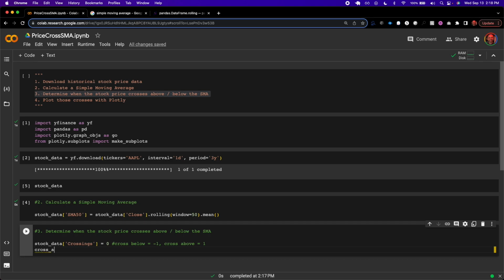We'll call one cross above indexes. Essentially we want to find all the indexes in the data frame where a cross above happens. And in order to do that, we're obviously going to have to look at the data. We're going to look at the close price, and we're going to say, okay, is the close price above the SMA 50 currently? And is the close price when we shift 1 day in the future